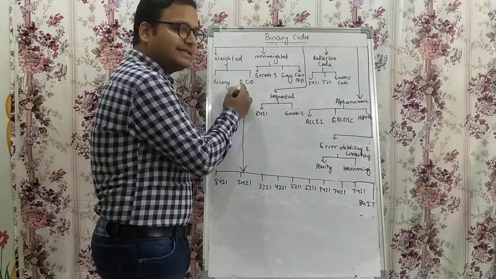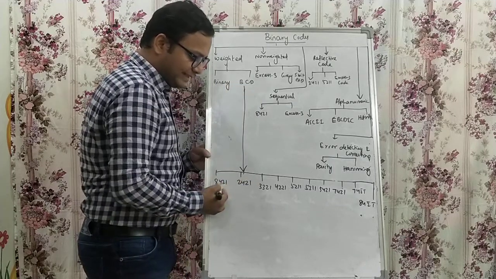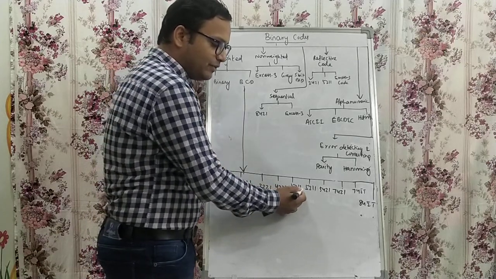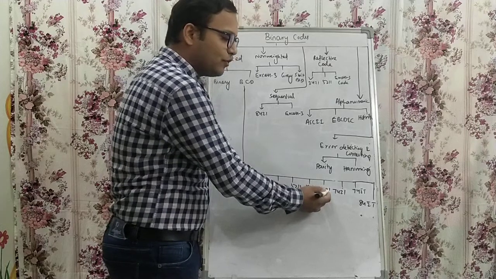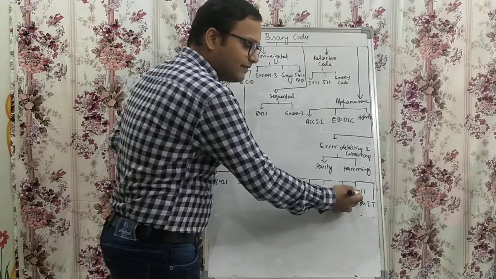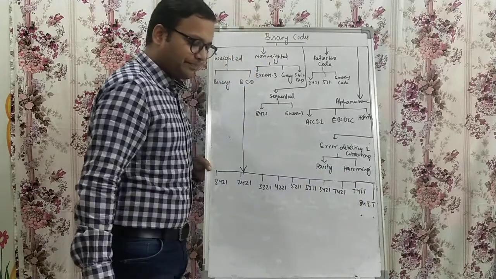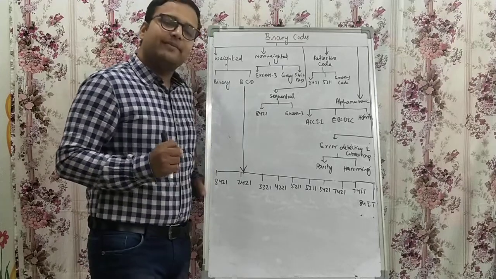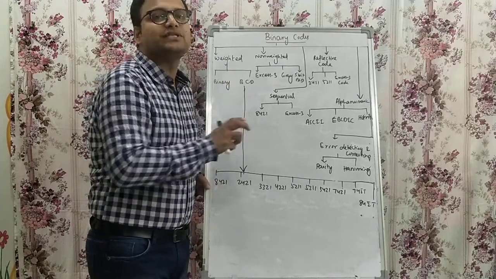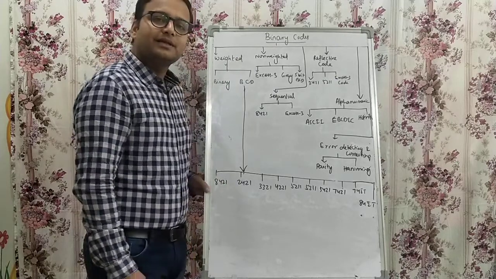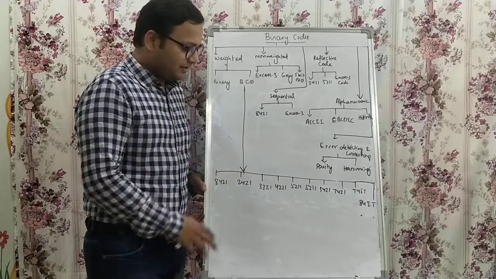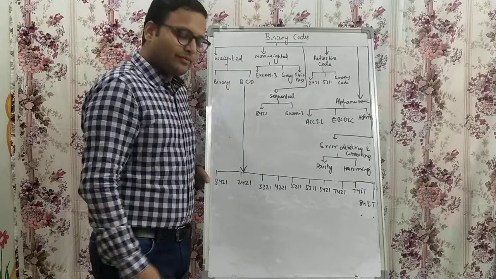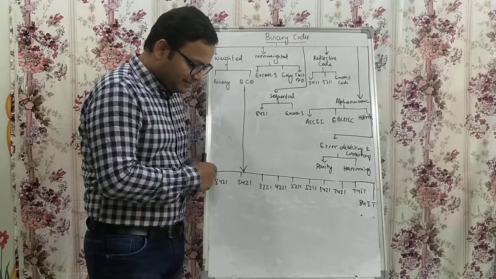classes. Under BCD, there are various BCD codes: 8421, 2421, 3321, 4221, 5211, 5311, 5421, 7421, 742 bar 1 bar, 842 bar 1 bar. These are called BCD weighted codes. What do you mean by weighted code? First of all, in weighted code, the value depends upon the weight of their position. The value depends upon the weight of their position is called weighted code. These are the weights actually. This 8 is the weight of this particular position.